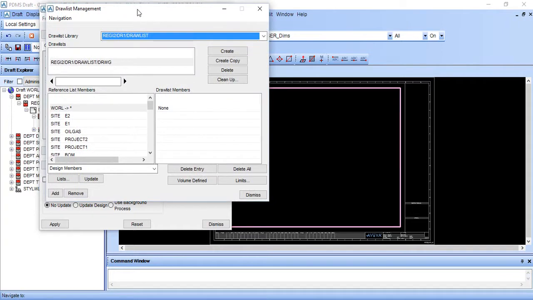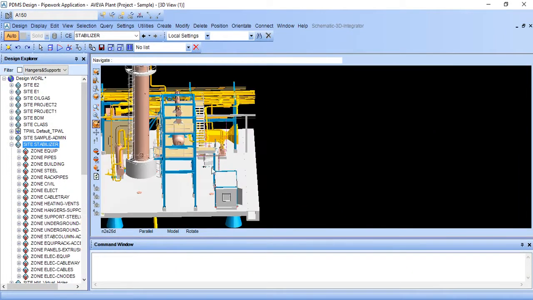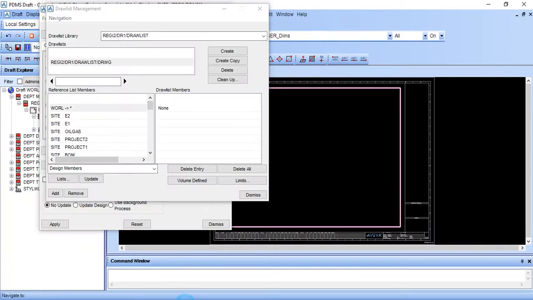First of all, I forgot to tell you, go to graphics and draw list. First of all add what we want here. This is our design module. I want only equipment and piping. So come here, just see stabilizer, here site stabilizer, click on this, and I want equipment.